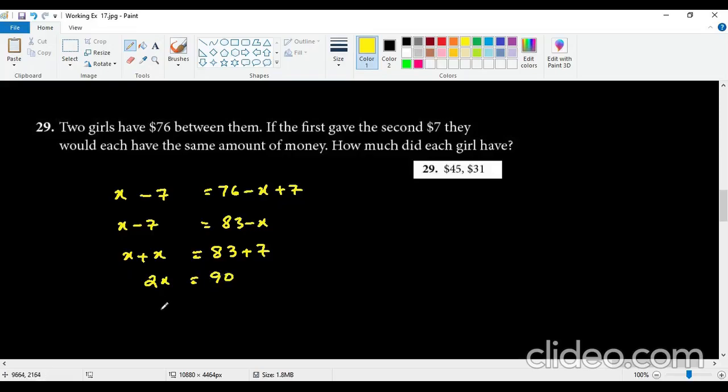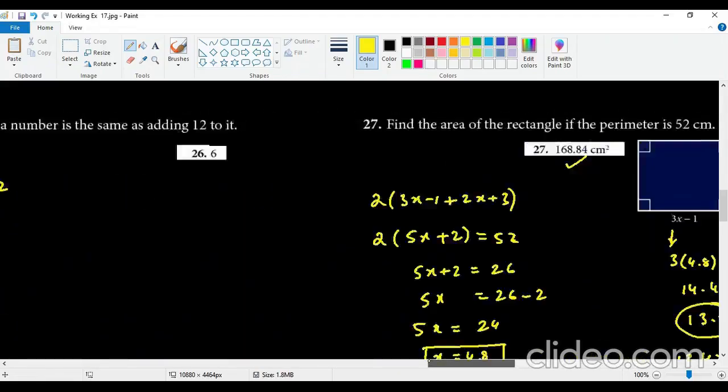So x is equal to 45 because 90 divided by 2 is 45. So 45 is the initial value, and 76 minus 45 is going to give us 31. So the second girl has 31 and the first one has 45. So this is the required answer for this question. Now, moving on to the last question, I guess,